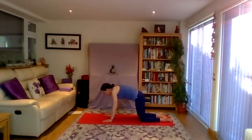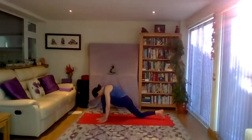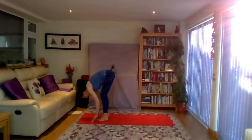And as you lift up, taking that left leg through and taking that left foot in between your hands at the front of the mat, coming into that lower lunge, feeling that opening up through that right hip. Coming onto the right toes. And then lifting that right leg up and coming up and taking that right leg parallel with that left leg,